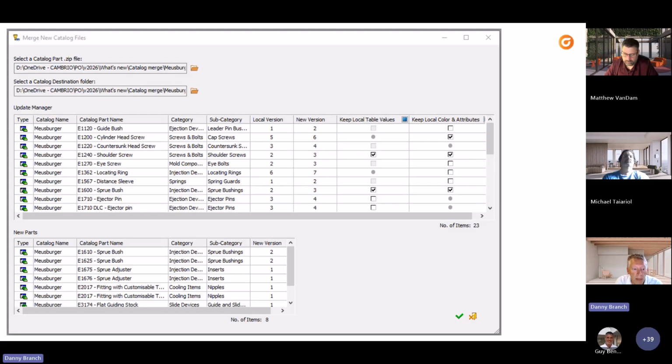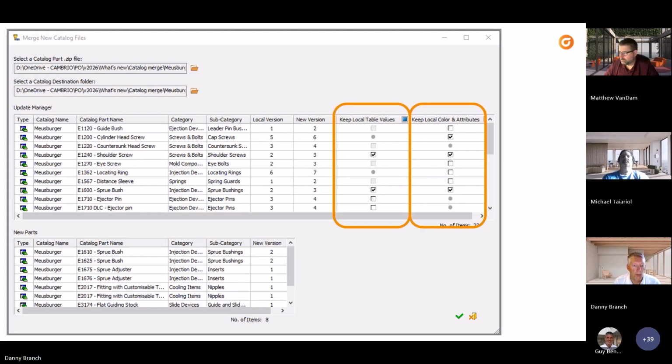But if we find that the same name exists, then we run an extra bit of analysis on them. And it's actually 2 bits of analysis. And that's what these checkbox areas are for. Depending on what we find with analysis, you're going to see an option for each part, because maybe not every part has something different than our catalog. Right? So if they're the same, that's fine. Or if you want to, you can move your values over from the local table. In other words, your table. If you've changed any numbers or added rows or removed rows, you can still keep that,